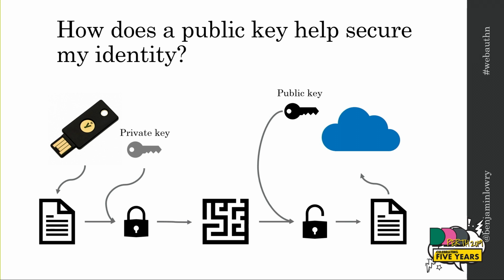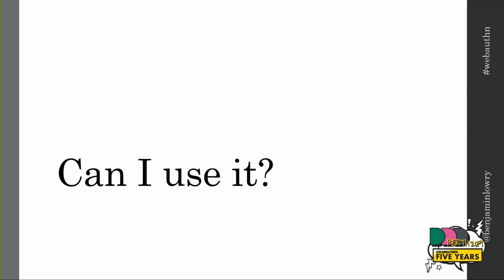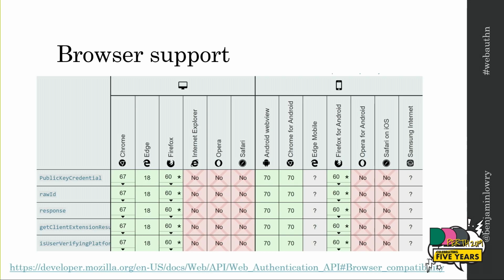So the Web Authentication API is pretty new. You might be wondering if you can use it. So you go to the de facto docs of the internet, MDN, and you see this graph with a bit of green and a bit of red, and you wonder, is that the whole story? You know, I see IE in there and Opera, and I don't know many people who use those by default.